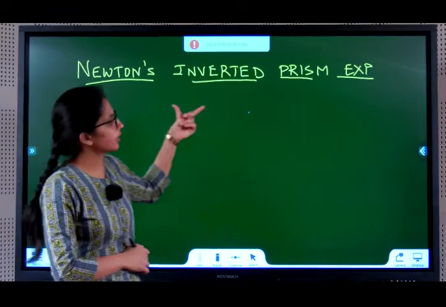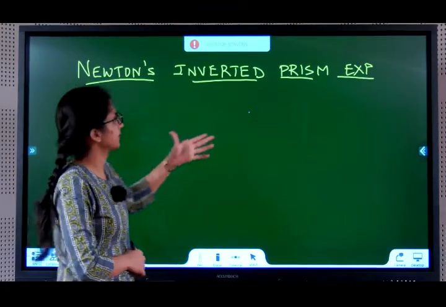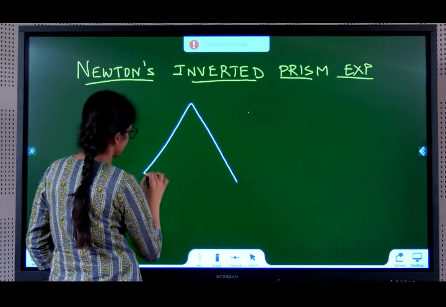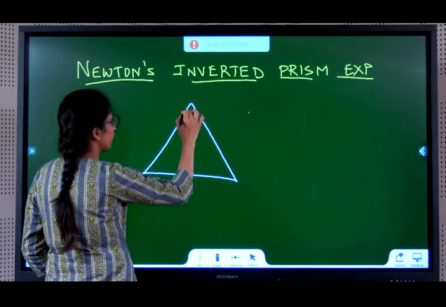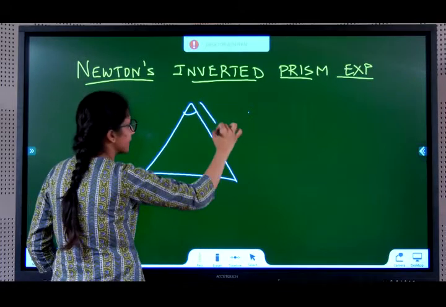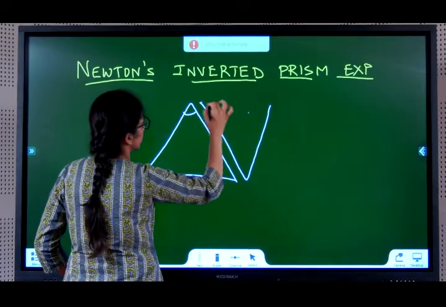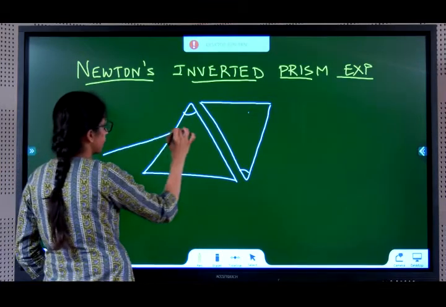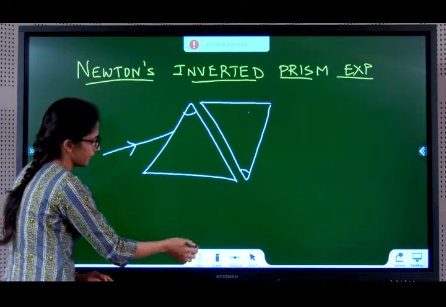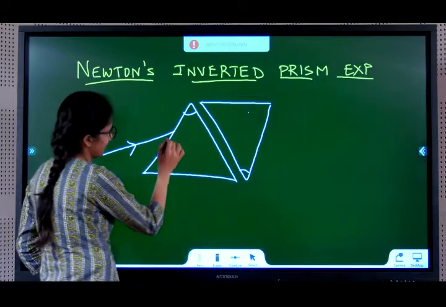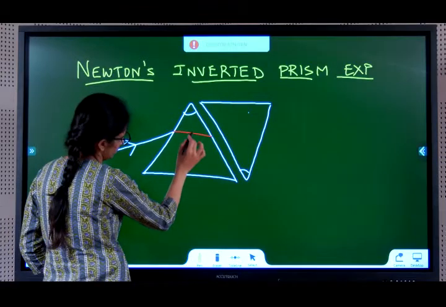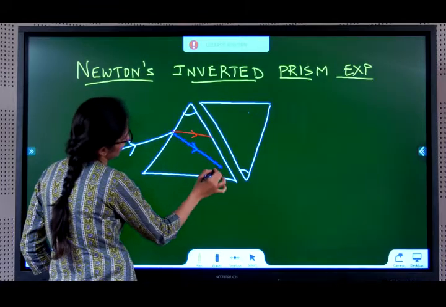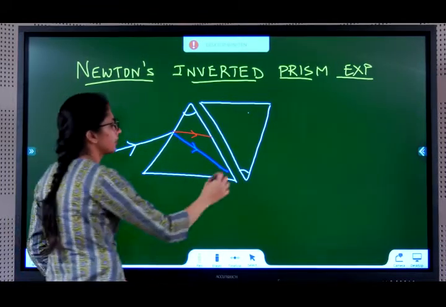Newton studied an inverted prism experiment. Newton came up with this experiment. Let's see how it works. He took 2 identical prisms, that means prisms having the same angle of prism, and he placed them inverted with respect to each other. He put white light on the first prism. What happened? The white light split, like we know. It split into its band of 7 colors. On reaching this,